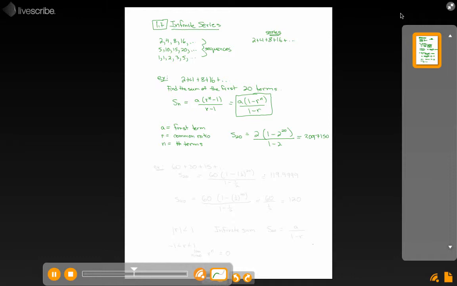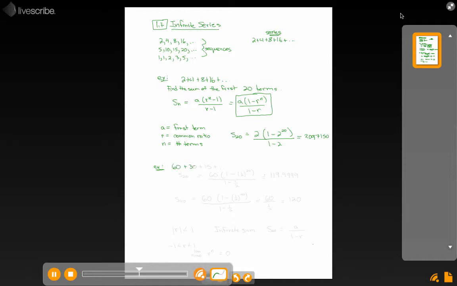And you can imagine that if I was asked the sum of the first 25 terms, 30 terms, 40 terms, this would just get bigger and bigger and bigger because I'm adding progressively larger numbers. Now let's look at something maybe a bit more interesting. Let's say I had